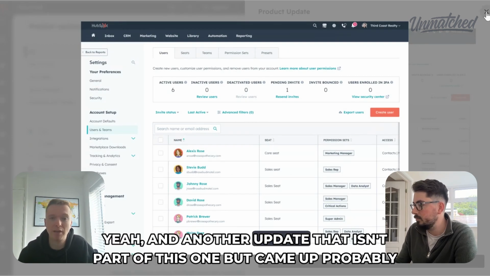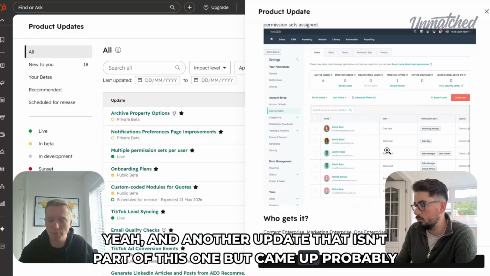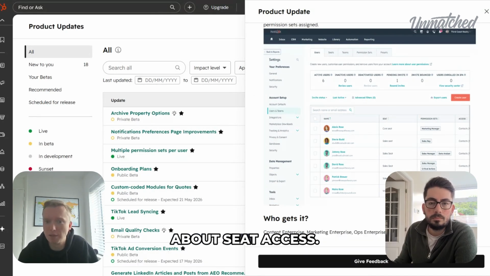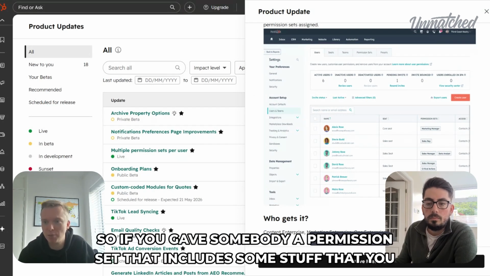Yeah, and another update that isn't part of this one but came out probably a few weeks ago was that with permission sets, you don't need to worry about seat access. So if you gave somebody a permission set that includes some stuff that you need with a